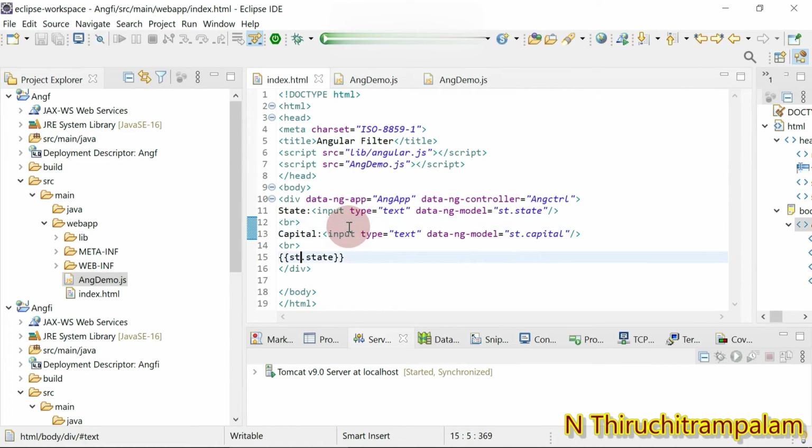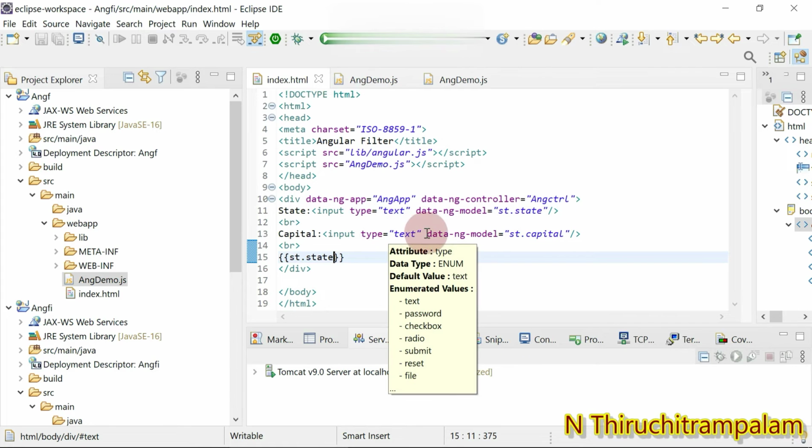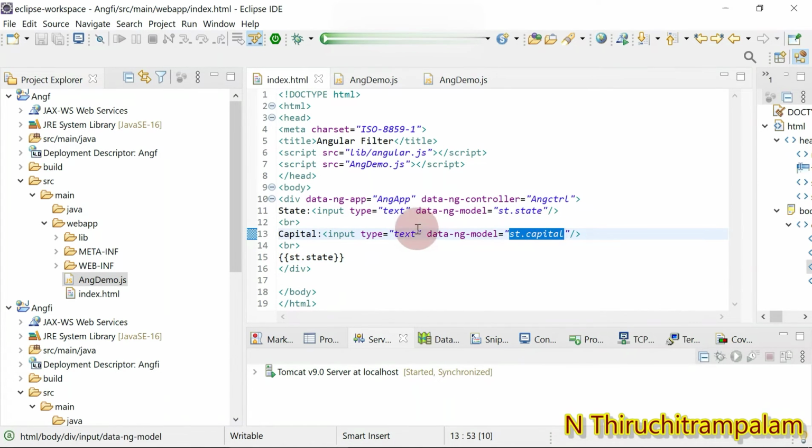Now I would like to change even the text that is keyed in within the capital text box, the one next to the capital label, into uppercase.